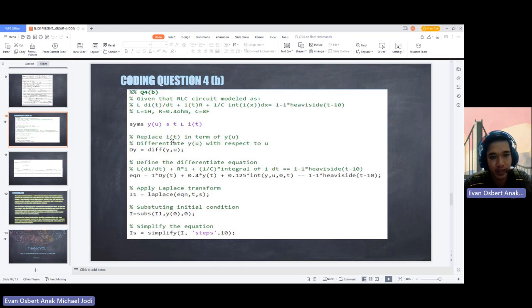Replace i(t) in terms of y(u). Differentiate y(u) with respect to u: dy = diff(y, u);